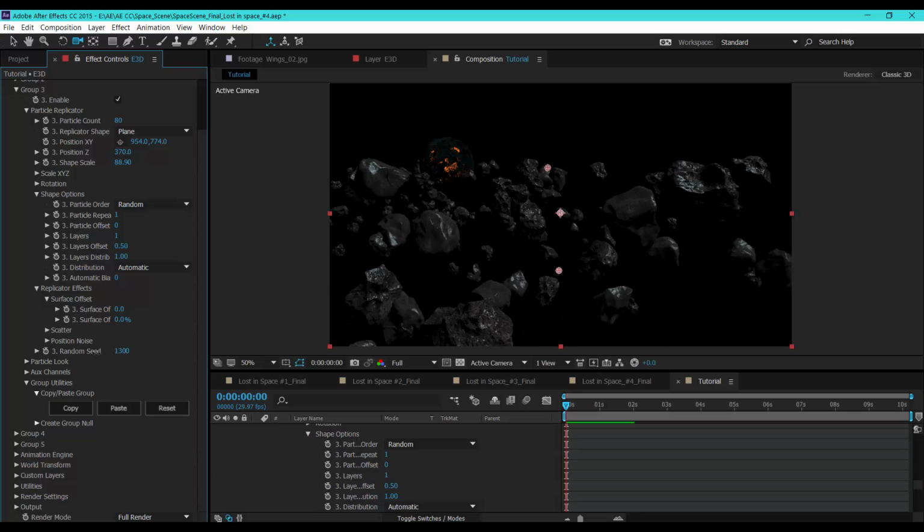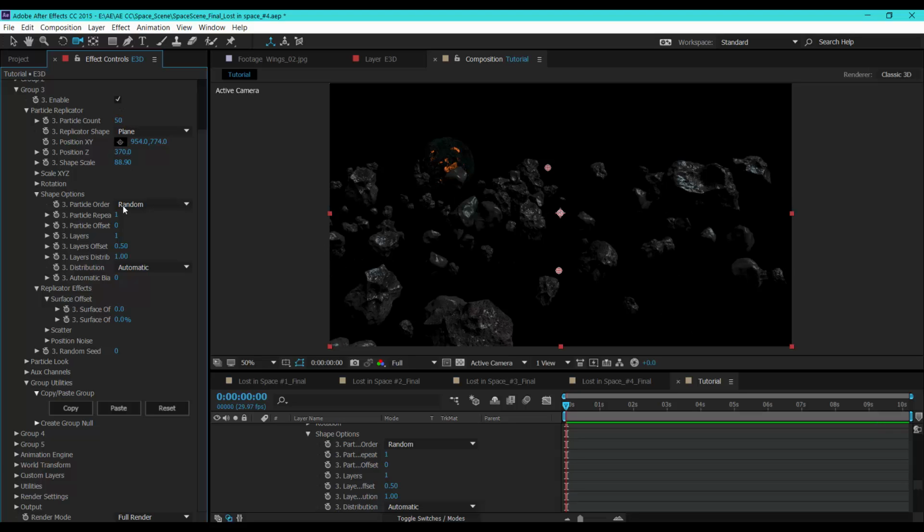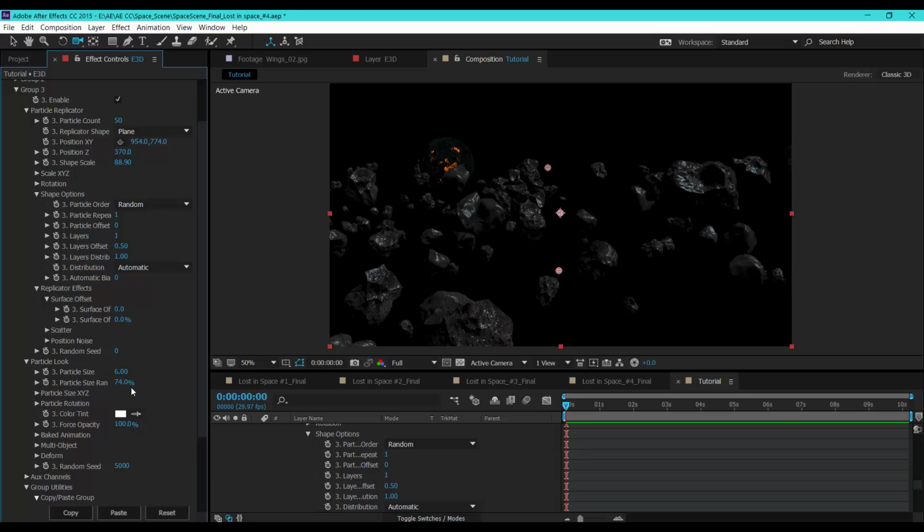So randomize the seeds. We can make it 50, and let's make the particle size 6 and make the random size 65.